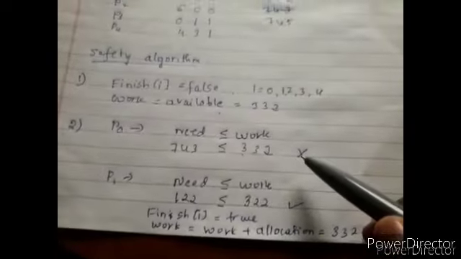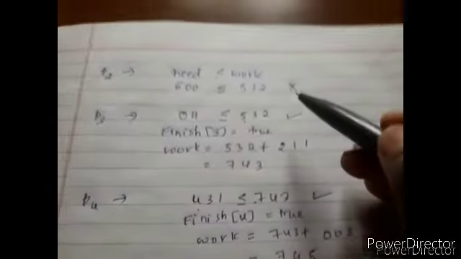Now again we need to check which process is not completed task. So now here P1 is completed, next P2, and then P4. Next remaining is only P0 and P2. P2 is remaining. Okay. So we need to write the safe sequence. We'll write later. Okay. Next we'll consider P0.